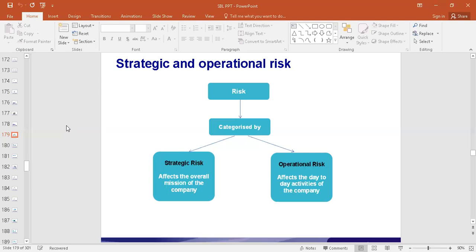How to know that? If you pass the examination, and present whatever is expected of you in the examination, you yourself will prove your worth, and then you will become a leader. May all of you become good leaders by clearing this exam, and then join the organization with the required skills and ability to take better decisions. Next, we come to strategic and operational risk.